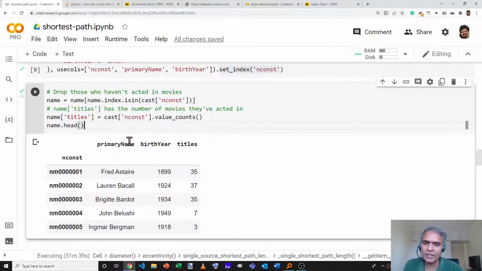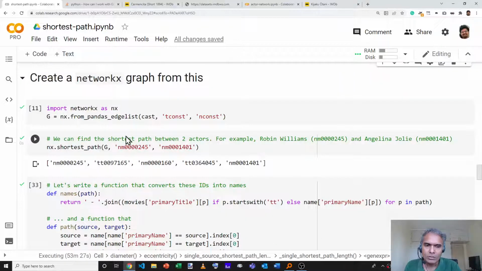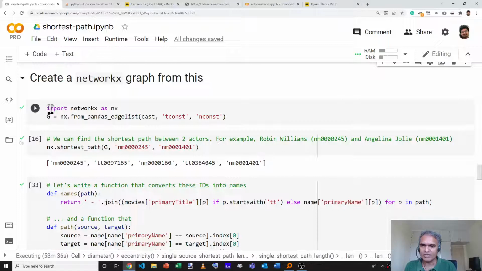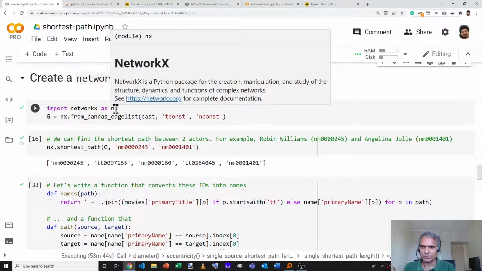With this, we now have all of the pieces of information required for us to be able to draw connections between people. To find the shortest path between two people, we're going to be using a library called networkx. If you already have networkx installed, you should be able to say import networkx. If you don't, then you can pip install networkx. We're going to be using the abbreviation nx to import networkx.